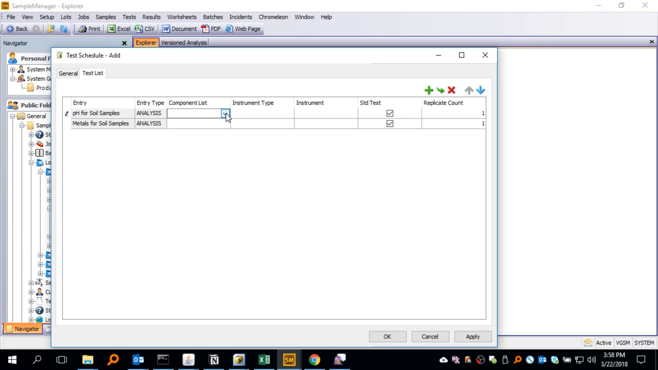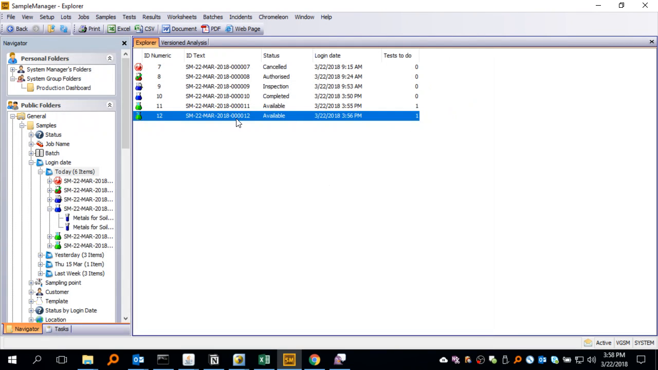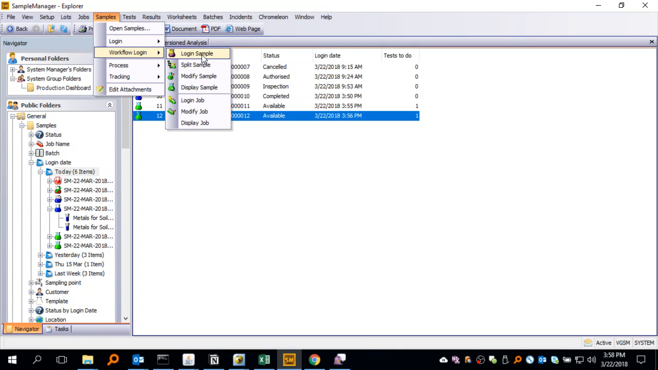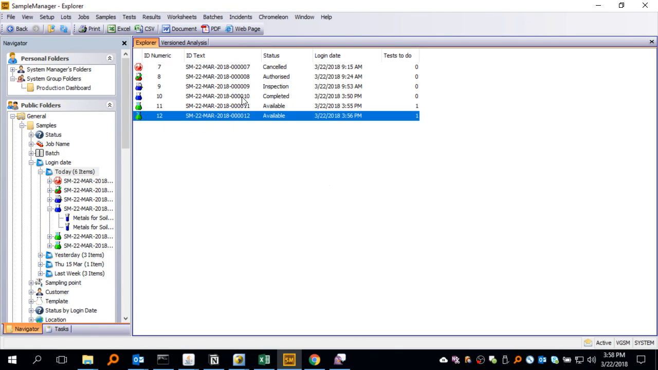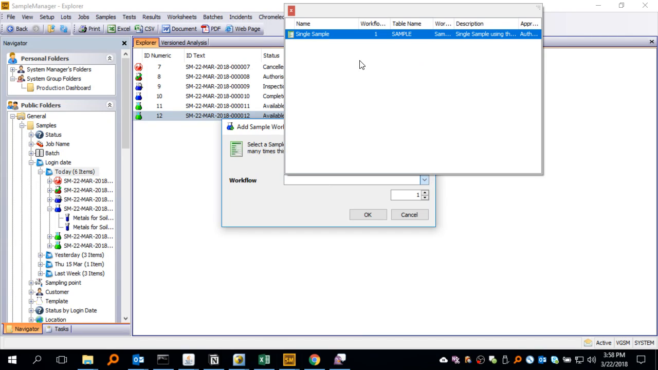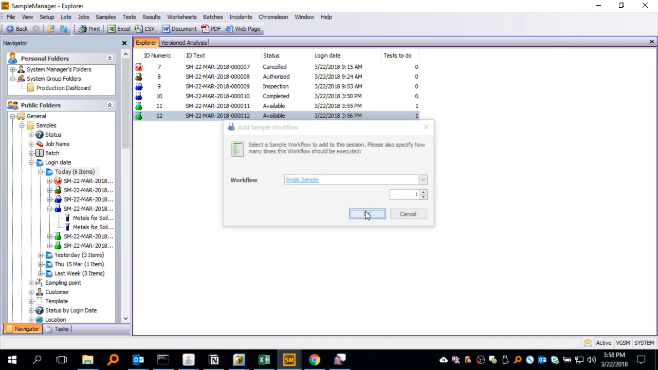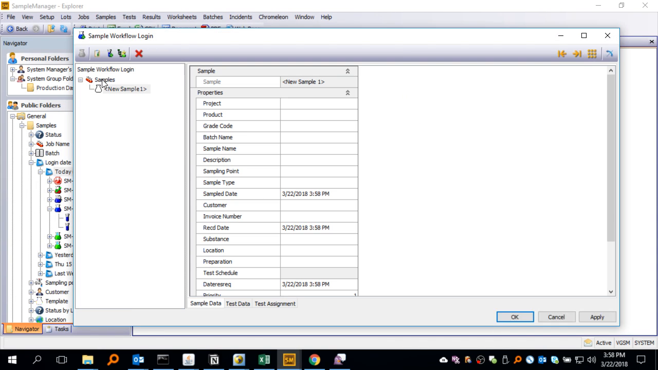We don't have any component lists for pH, so that drop down doesn't show up, but we do have for metals, and so you can consequently pick a component list to show up there. And once we get into test schedules, we can show how to use that. Maybe I'll do that in one of the next videos. But just real quick, you can log in a sample and have a test schedule assigned rather than just one test. You can assign a test schedule,